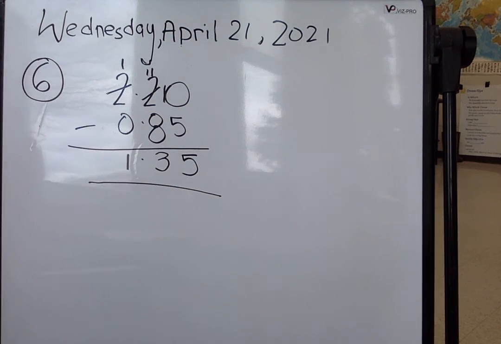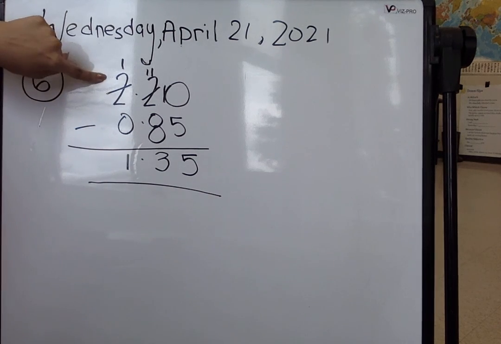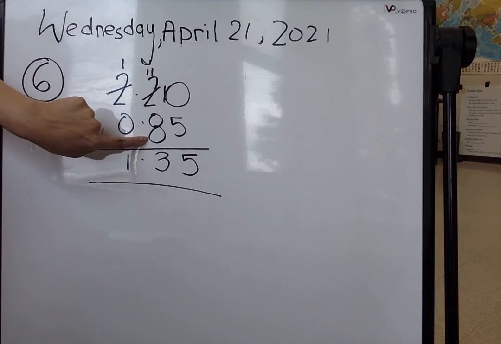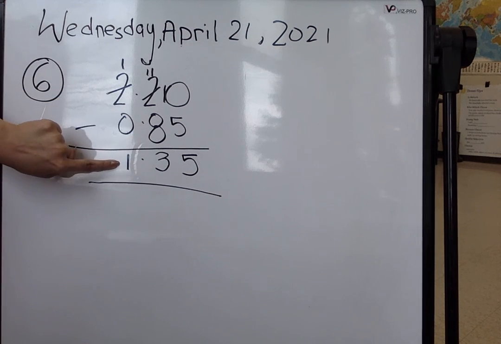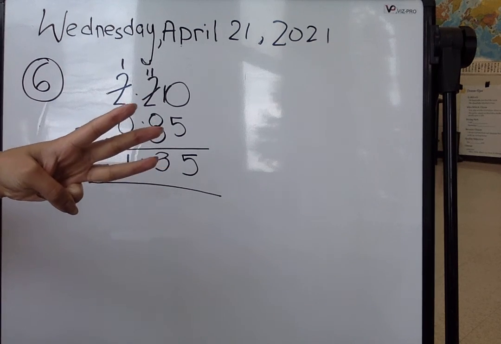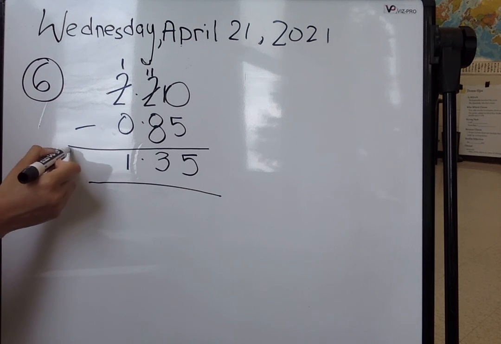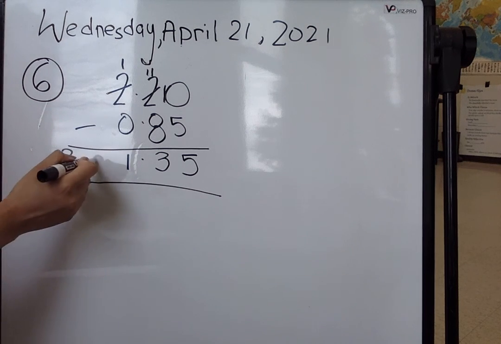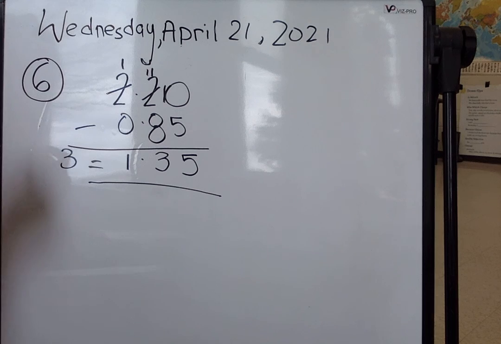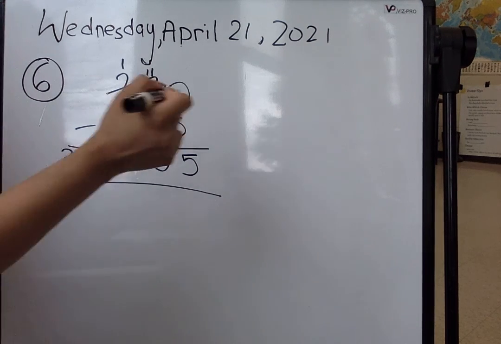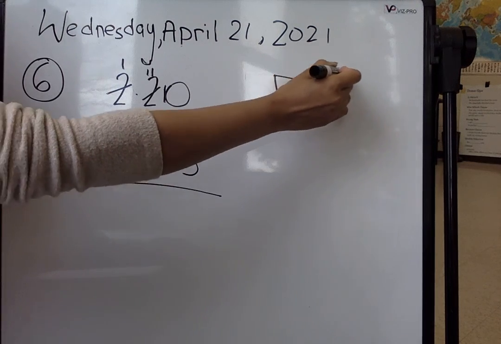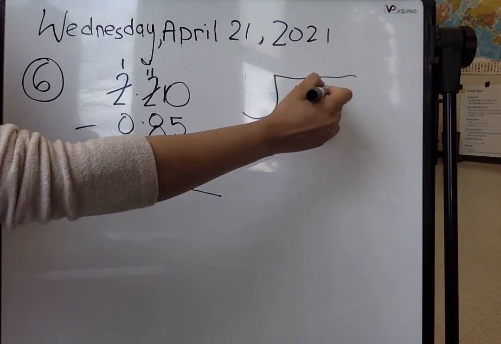We just found out that out of this price, whatever she paid, 85 cents was for the pen, and $1.35 she paid for 3 pencils, right? Now, that is not what they're asking. This was 3 pencils, right? So now we need to divide this price by 3. So go ahead